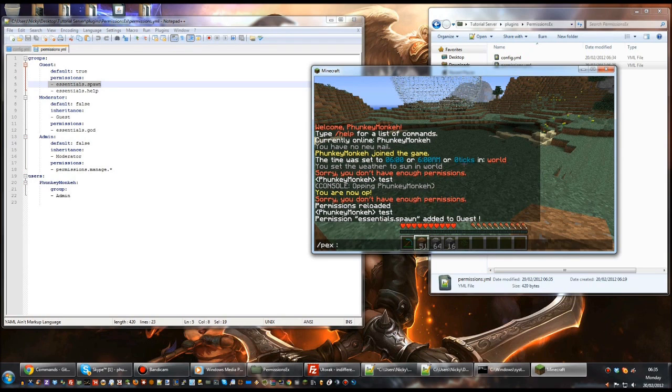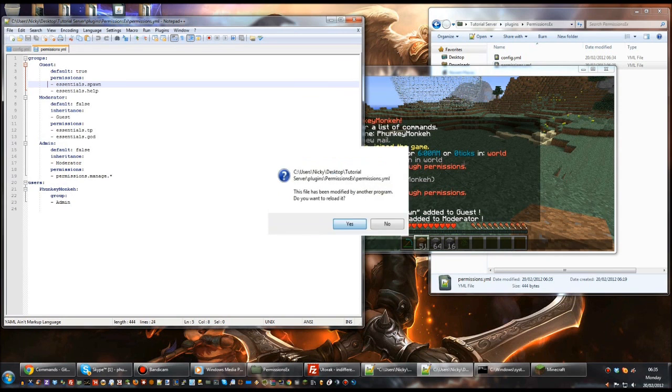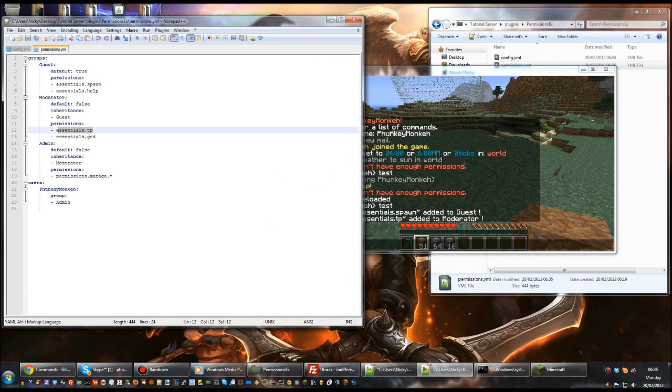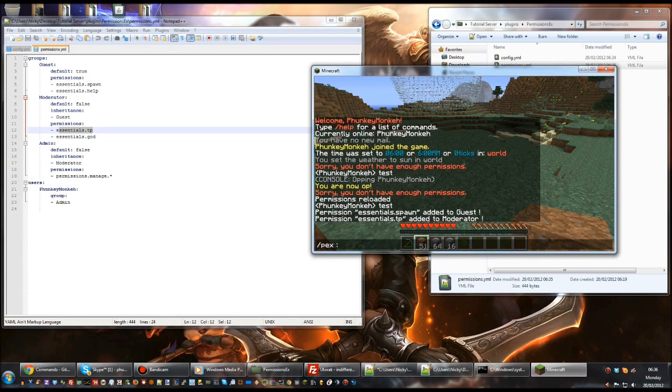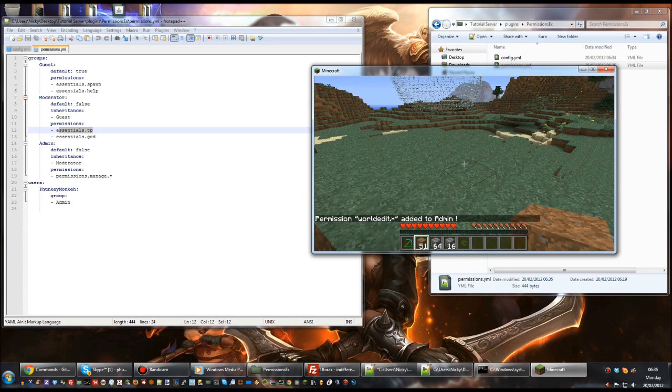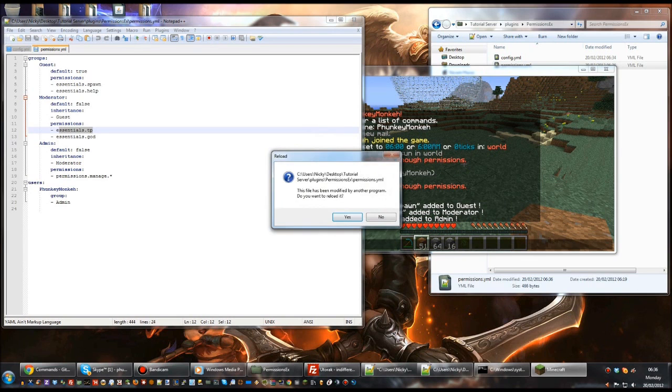So we'll do it 2 more times just so you can get the hang of it, to each different group. So pex group, we're going to do moderator this time, add, and what can moderators have? They can have essentials.tp, which allows them to teleport. Added to moderator, let's refresh, yep, there it is, teleport. And we'll add 1 to admin, so pex group admin, add, and we'll give them a WorldEdit permissions node, and we'll give them all permissions, so worldedit.star or .asterisk, and it'll say that it's added to admin. And if we refresh,